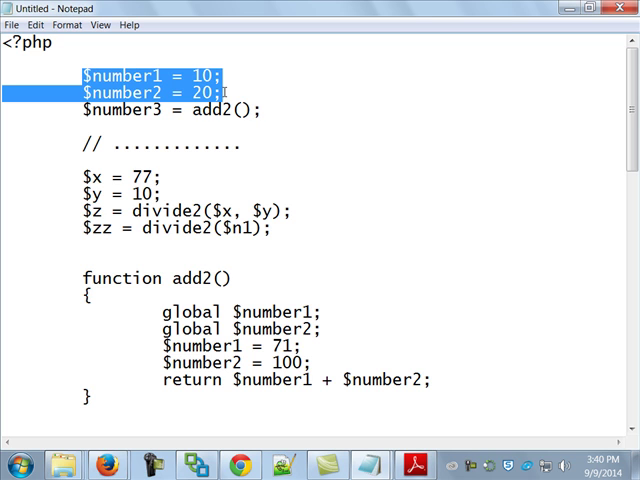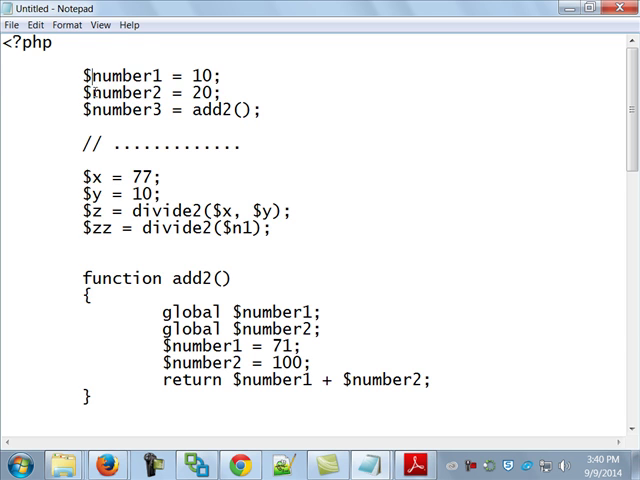Question? It depends on the language. All right? Yeah. But the point is, what PHP expects